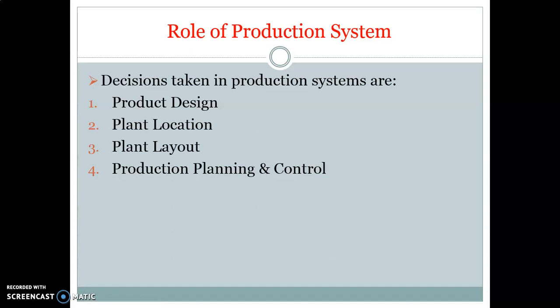So all these are factors that decide the plant location of the particular product. For example, for a steel plant, we need raw material transportation conveniently and easily. So a steel plant will be located generally where there is iron ore mining, right?